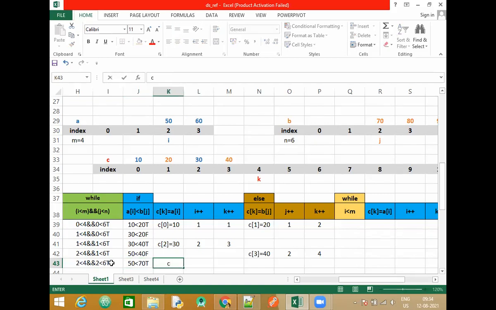So C of 4 is going to be equal to variable I, K, 5. Sit Siddharth. What else? What changes I need to do? Correct? Let's move ahead again.